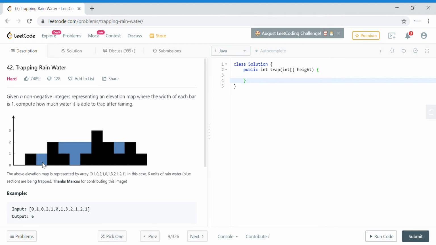So if you consider this particular case, you have the tallest building on the left of this point is this of height 1, and the right side is this of height 2. So here it can trap water, which will be the minimum of the height of these two minus whatever the height of this building is. So if we consider this particular bar, it can trap the minimum of the height of this building and this building, whatever the minimum height is, minus its own height. So it can trap this 1 unit of water. So here it can store like 2 units of water. So keeping that in mind, let us try to code for this problem.